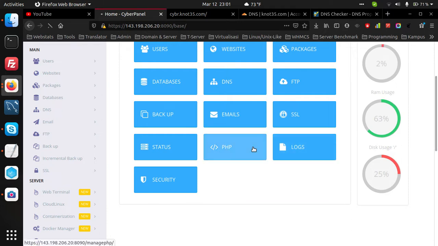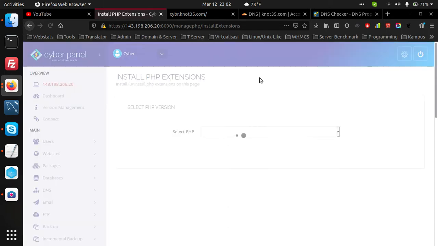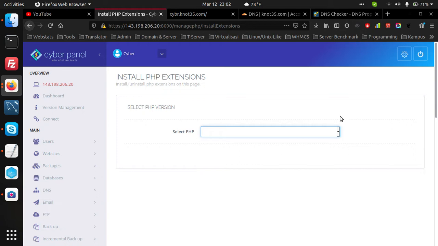we can check the PHP version. We can select install extension. This is a standard configuration. We are not yet doing any fine tuning or tweaking.